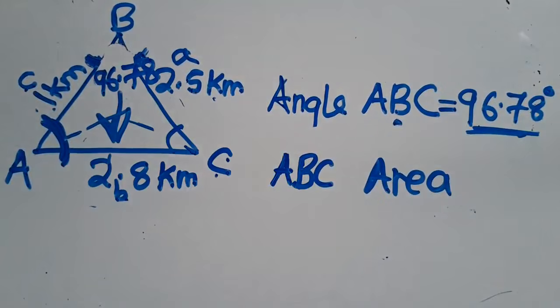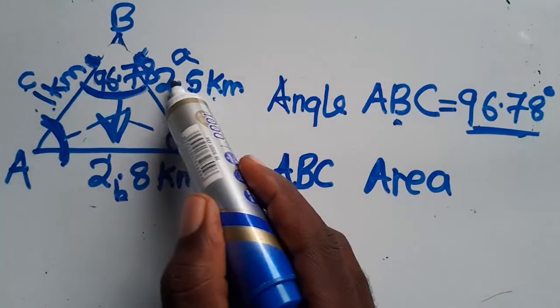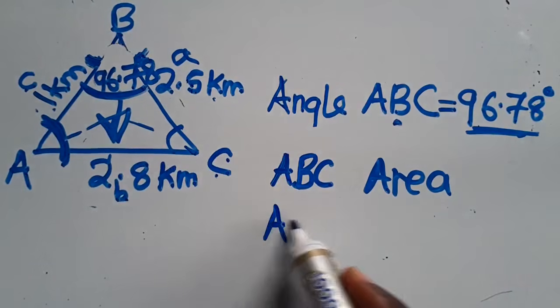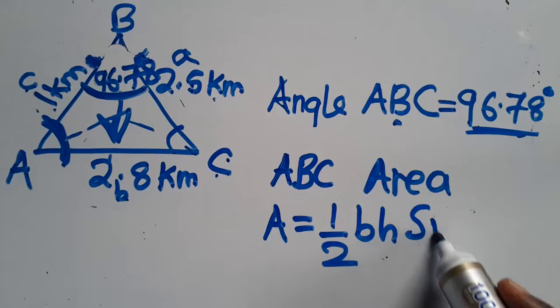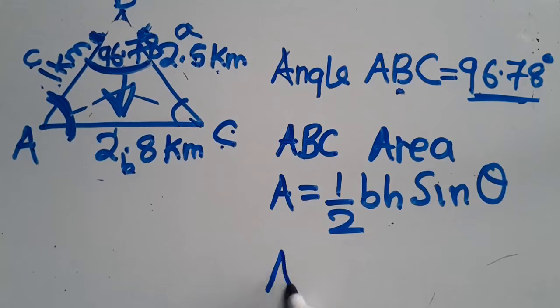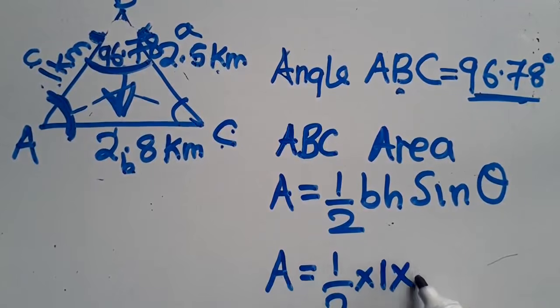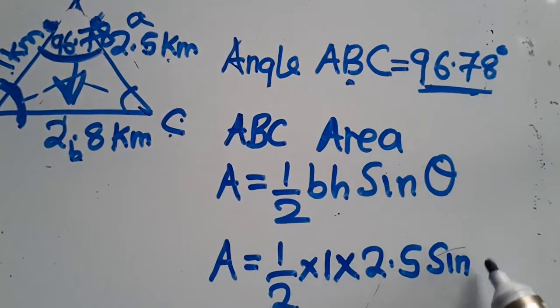96.78 like that. So since that is the only angle we are having, we are going to use these two sides. So we know that the formula is equal to what? You say half b h sine theta like that. This is what you are going to do. So after doing this, you now say this is equal to half times 1 times 2.5 sine